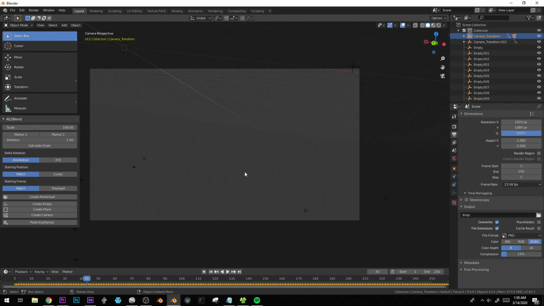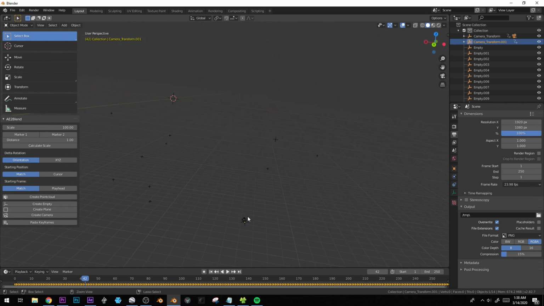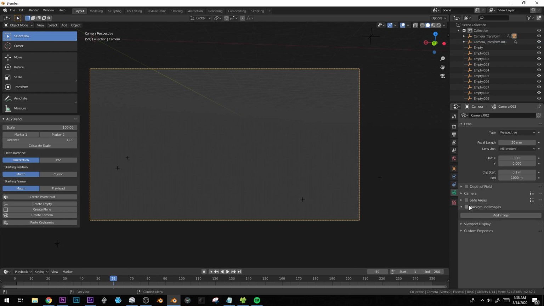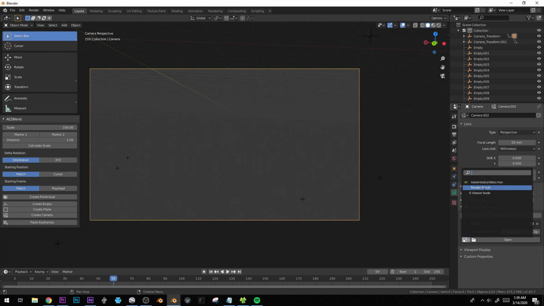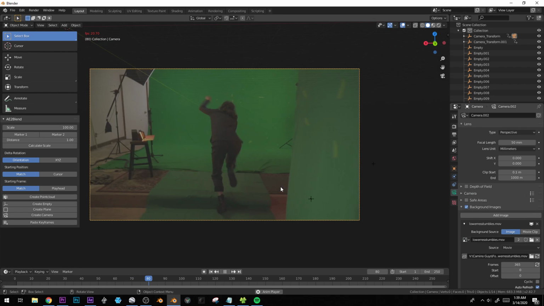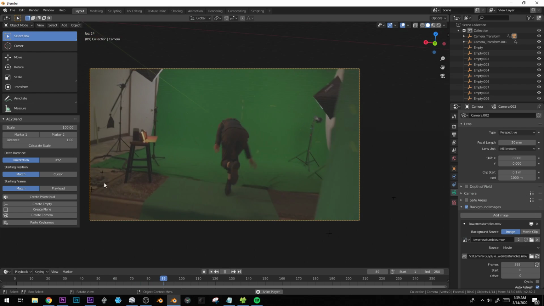Okay, now we go to the camera view. Ah! Okay, there's the camera. Cool. Reload in our image here, video file, match them. Okay, and this seems to be lining up a little bit better here,